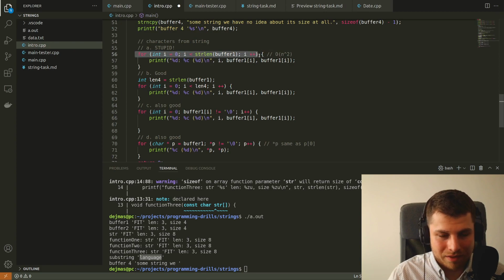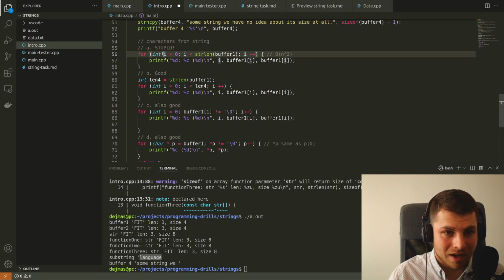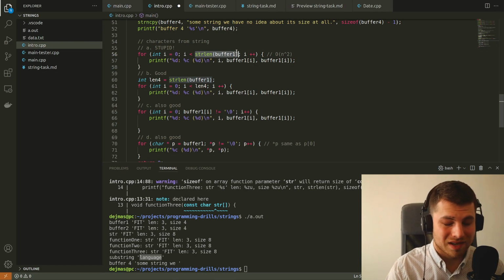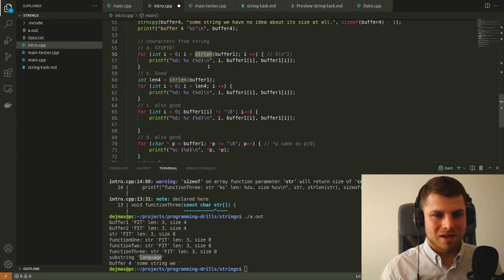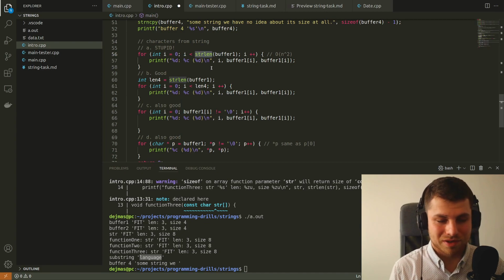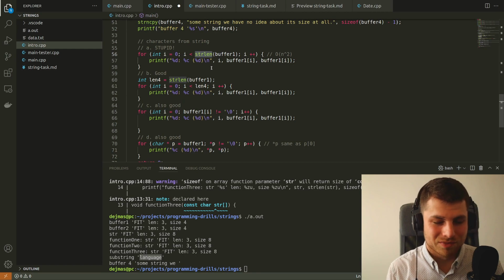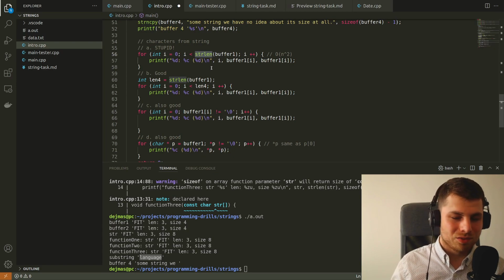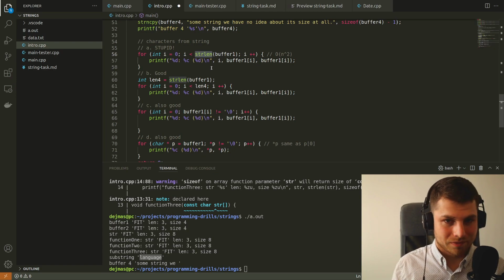Why is the first one stupid? The idea is good. I want to go from, I will have just i as the index. I'm going from 0 and less than string length. It's a good idea. Execution of this idea is bad because string length can't read the size of the string just from somewhere. String length doesn't know. So what string length does is that it has to iterate to the end of the string, and during that counting how many characters it has,